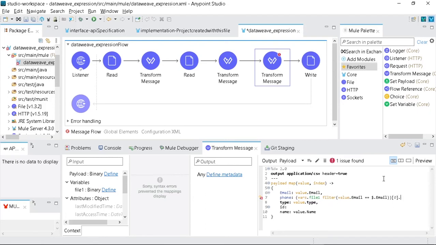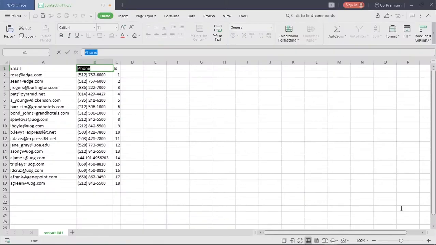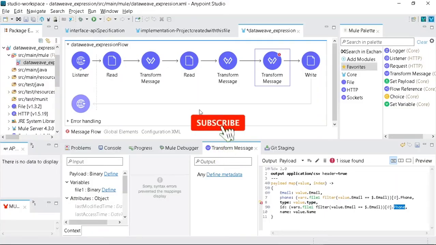I will do the same thing for ID, but this time I don't want the phone attribute. I want ID, this column value. So I will select this part and paste it here. Now it's done.